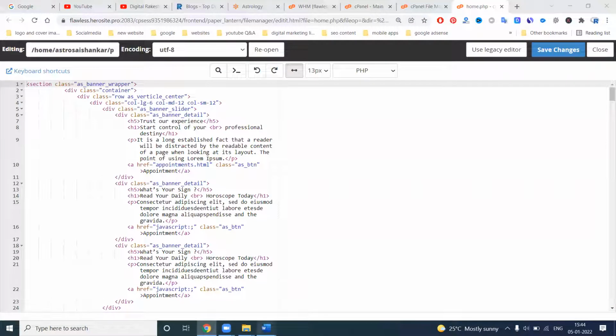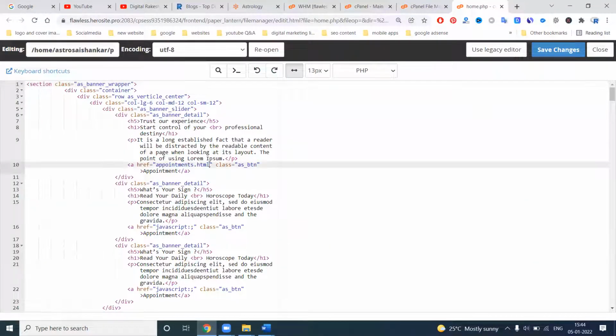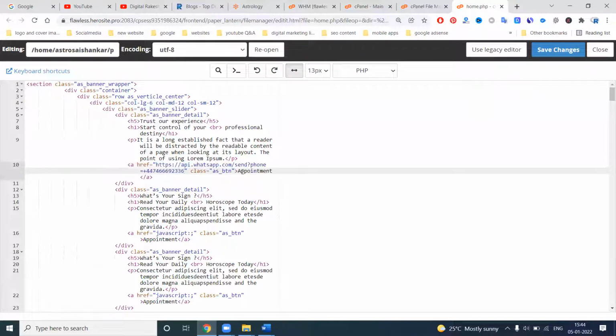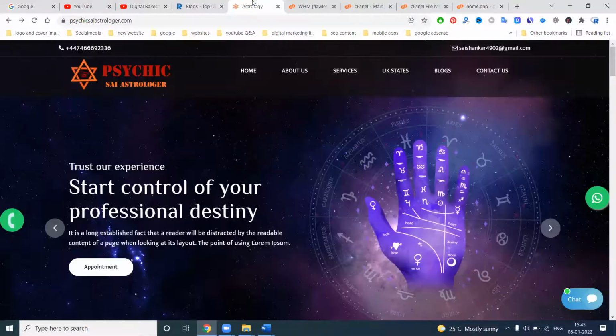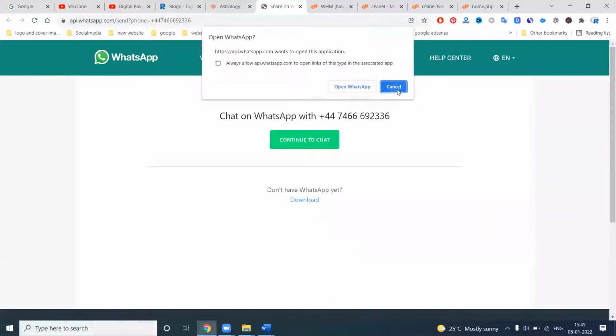Now we can go to this option, target is equal, save changes, refresh. When people click the appointment, they go right into the WhatsApp chat button.